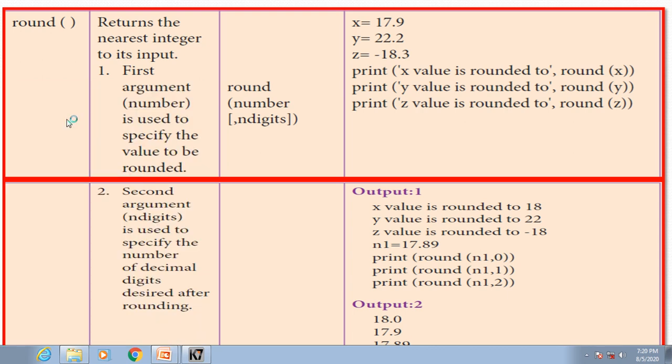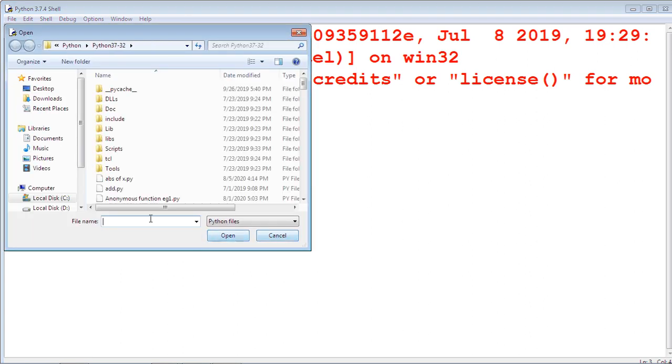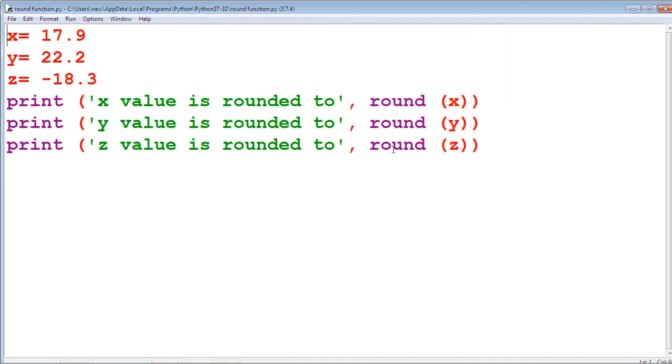Open the IDLE window, open the round example, function round. Example 1 for round. It has no number of digits here, simply x, round of x. It converts it into its nearest value.